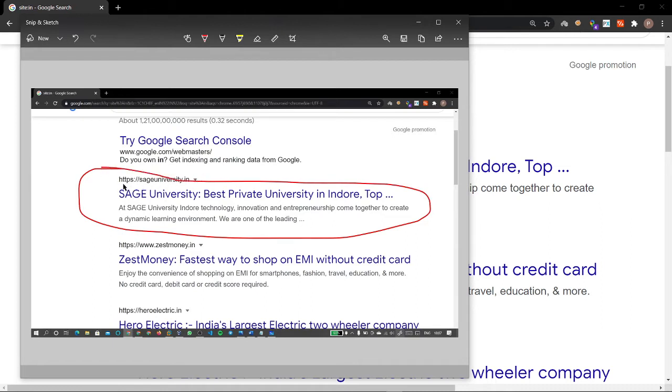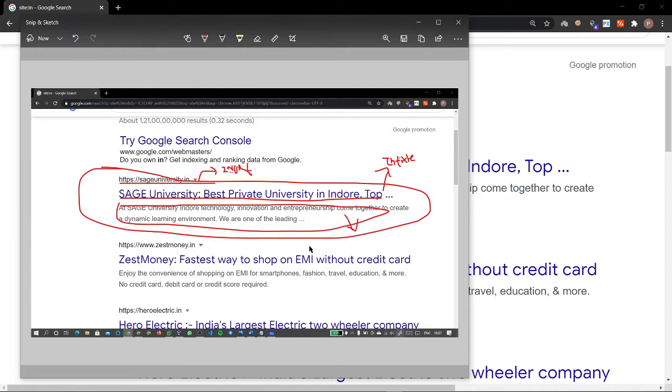There are three parts in the search result that we got: the first part, the second part, and the third part. The first part is called in URL, the second is in title, and the third will be in text.